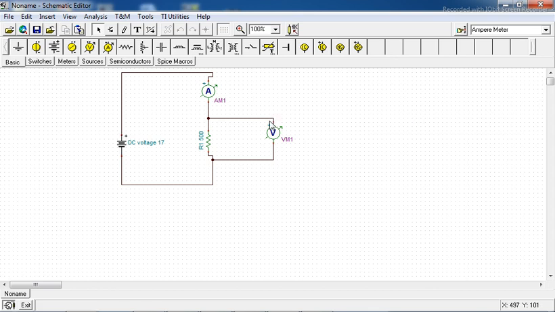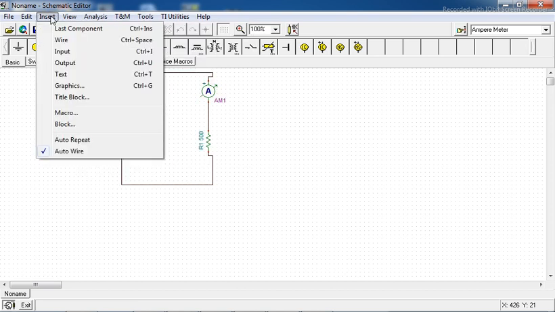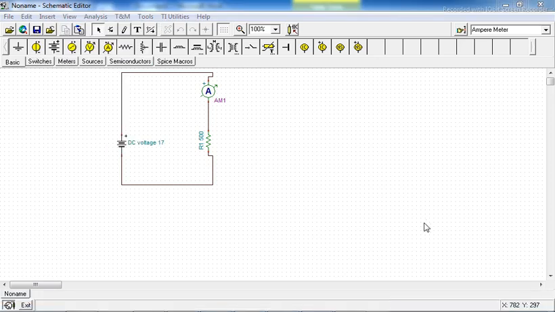Okay. Now I don't want this voltmeter. I don't want to measure the voltage across the resistor. Now for Ohm's law, we only want the voltage source value and how much current is flowing through this circuit. So let me insert the text box and note down these readings.